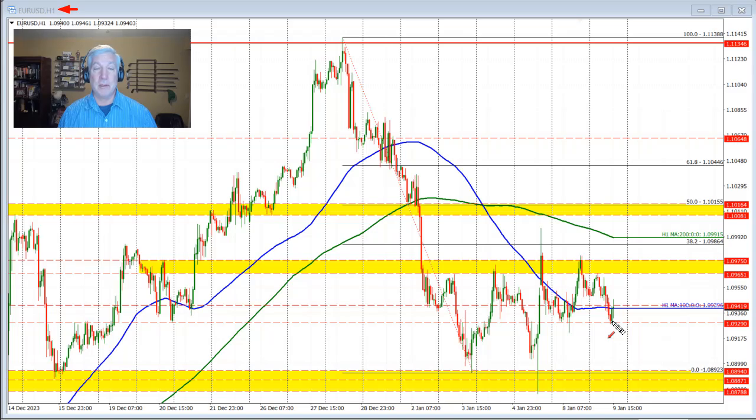So a reversal of those markets, and what we're seeing in 2024 is that rates move higher, the dollar moves higher, and stocks move lower, and that's a pattern that we're seeing in trading here today. So looking at the euro versus US dollar, the move to the downside has taken the price to a support target. That target comes around this